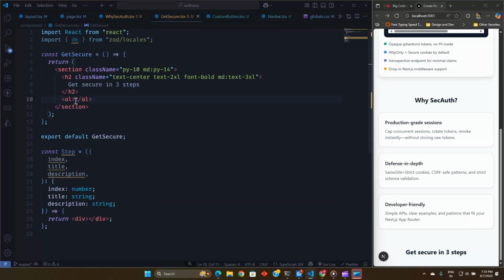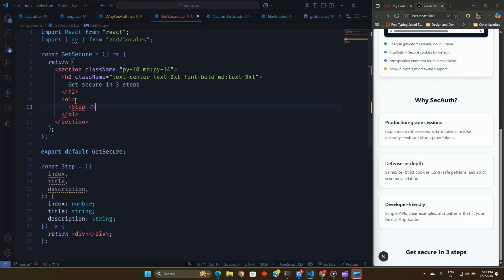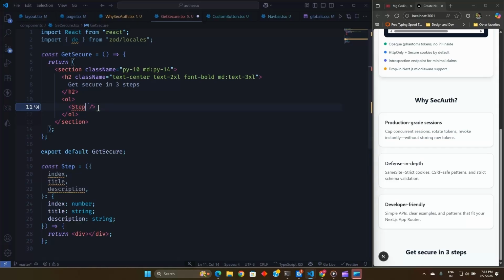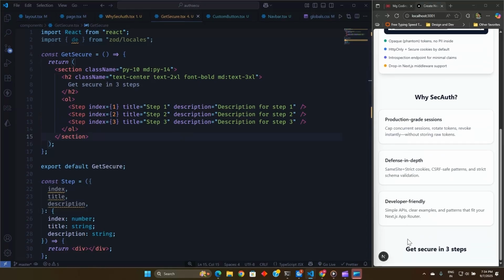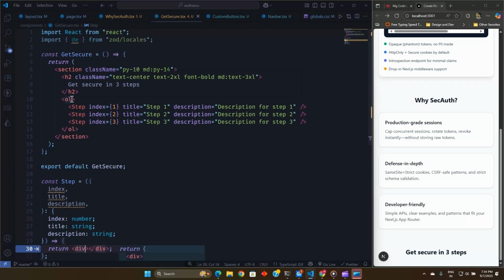So inside the order list we will call our step, and let me add some dummy text. So these are the dummy text which I am going to add, like okay, and save it. And here you can see there is no change because we are not passing this into here. So let's style it. So in order list, as you can see this is an order list, so it contain